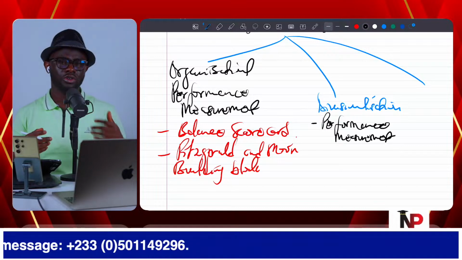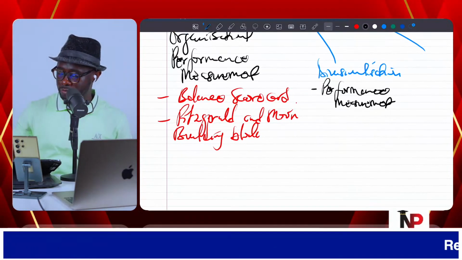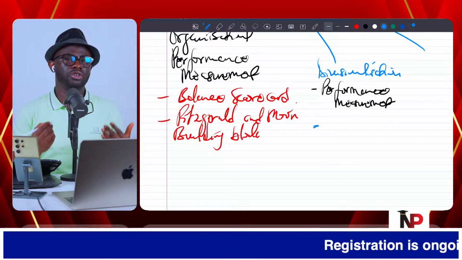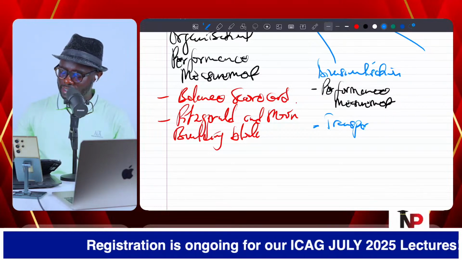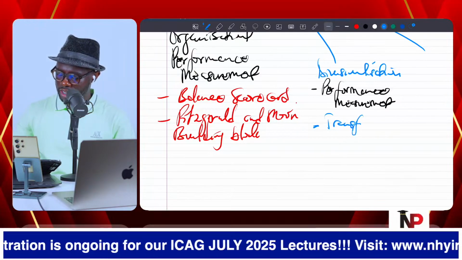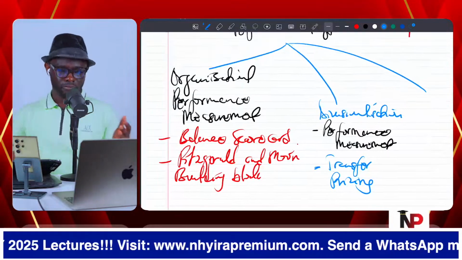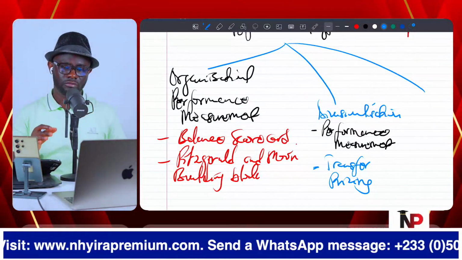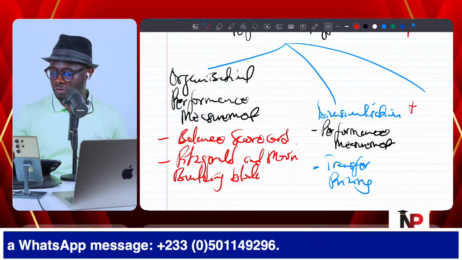This is where you are going to use RI, ROI to assess the entity's performance. And then we come to the issue in respect of transfer pricing. So when a division is selling to another division, at what price should they sell it to them? Divisionalization, transfer pricing. Then the last thing is performance measurement for not-for-profit making